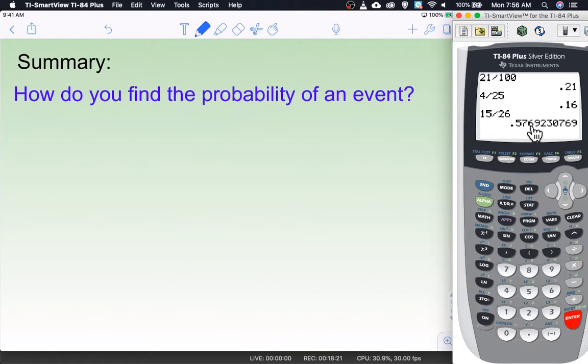How do you find the probability of an event? Go ahead and pause the video, think about it. How do you find the probability of an event? Well, it's the thing you want over the total possible things that could happen. Okay,